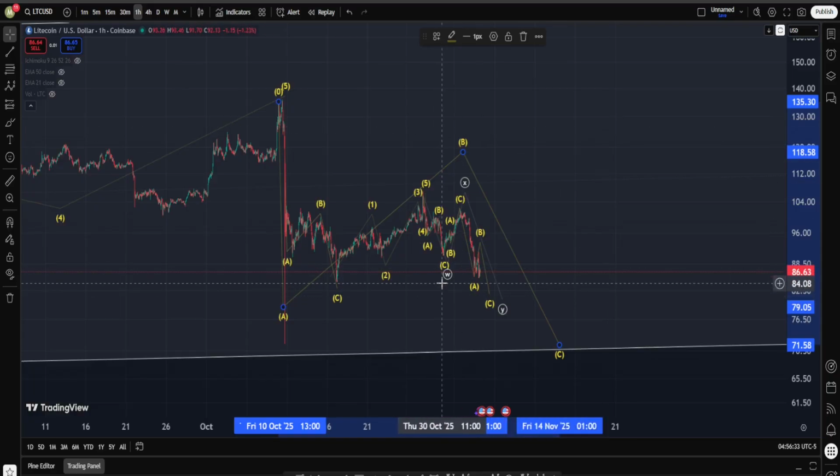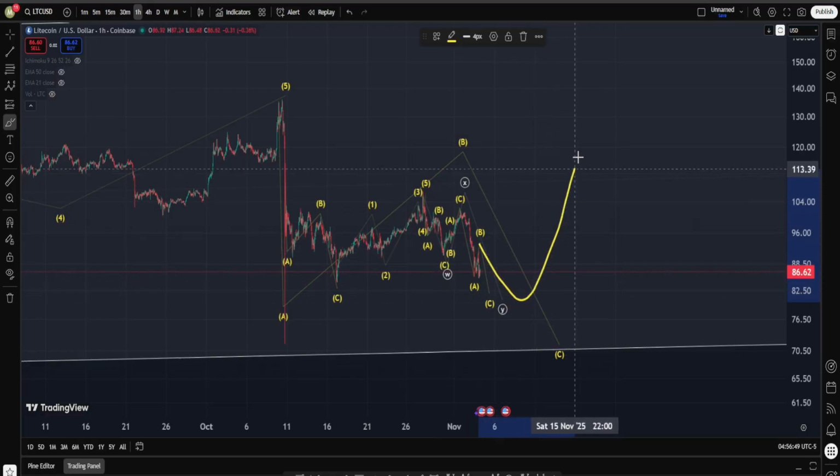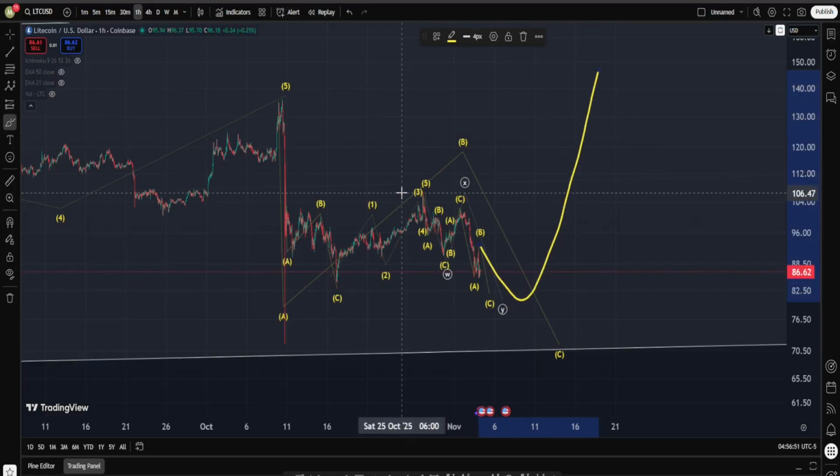So as you can see, it would absolutely be nice for us to not take this low in LTC about $84, but if we take it, I don't think the world is going to come to an end. One way or the other, I still like to say our recovery phase is probably going to be V-shaped, and when we hit the recovery phase, we are going to get a rather strong and sharp move on the upside. For now, this is my base case in LTC, as long as I'm not proven otherwise.